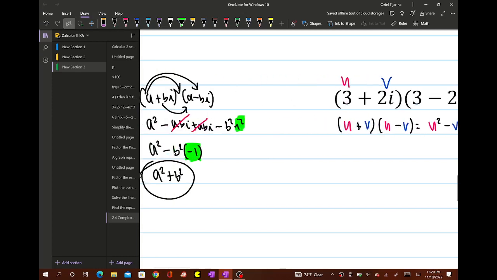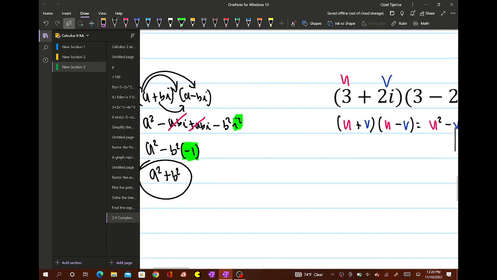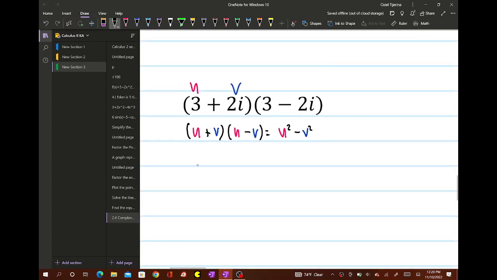However, when you're doing complex conjugates, or when you're multiplying it like this, really what this means is that you're gonna have, so let u equal 3 and let v be 2i, right? If you do this, you're gonna get that, let's say 3 plus 2i